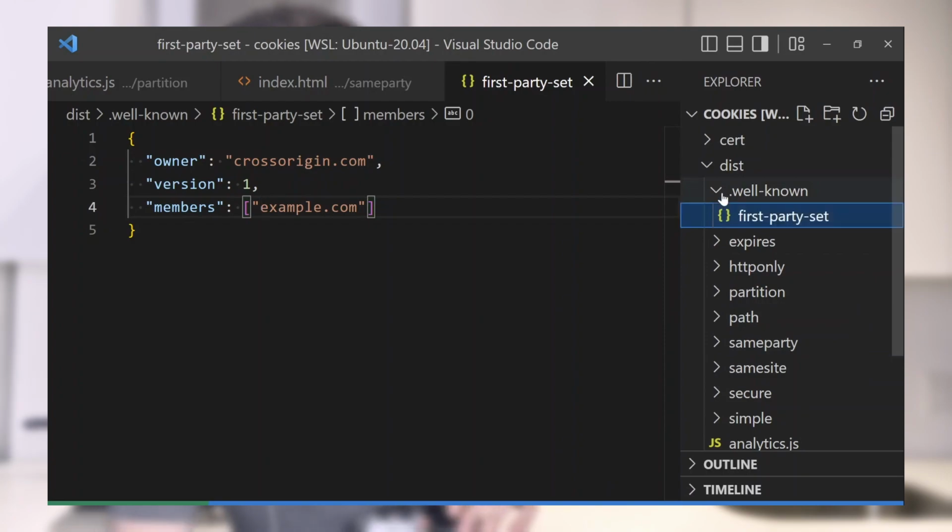But you really want to: if the user logs in under one domain, you want to allow this user to open other domains and also be logged in, and not force the user to log in again. This attribute allows SameSite=Lax cookies to be attached to the different domains. But here you need to specify what SameParty means. You need to come up with this small document. For now, it should be stored here,